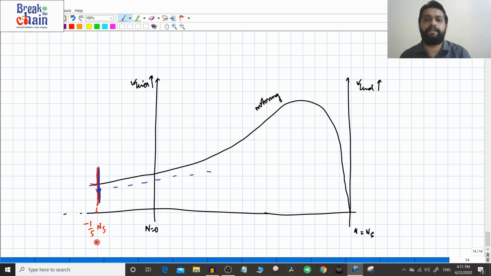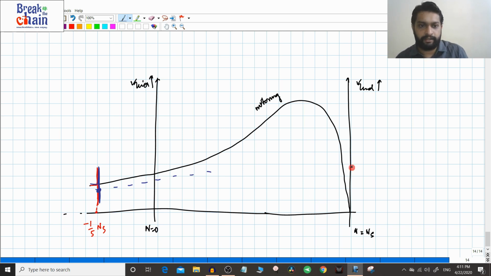And the direction of rotation of the motor naturally in this case will be in the opposite direction as compared to the fundamental. Okay, so we are trying to brake the induction motor, but it finds an operating point at -1/5 ns and it rotates in the opposite direction. Okay, so that is the idea.